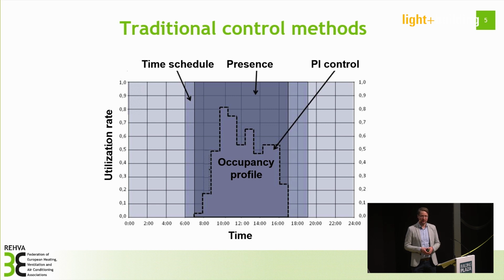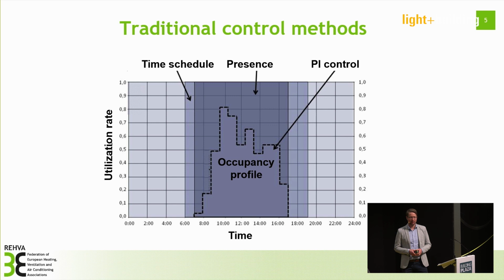Then we can use presence control, for example, in lighting systems or adjusting the temperatures in the spaces. And then PI control, for example, the demand-based ventilation. So using the CO2 or temperature measurements, we can control the ventilation and provide the air rate to the spaces that have users. So we can save quite a lot of energy already using these methods, but where they have challenges